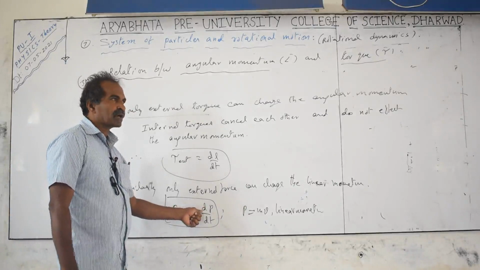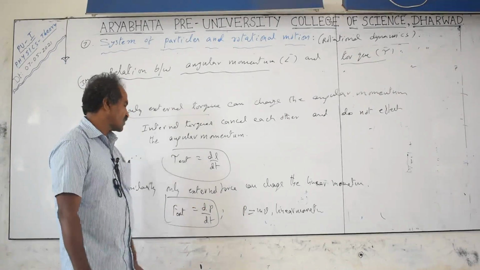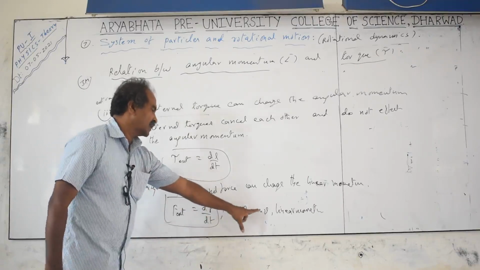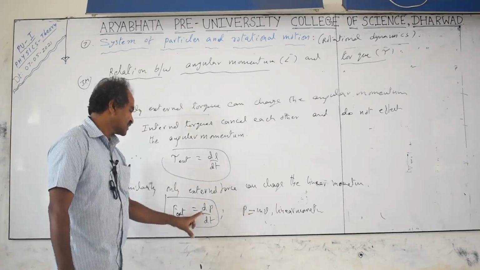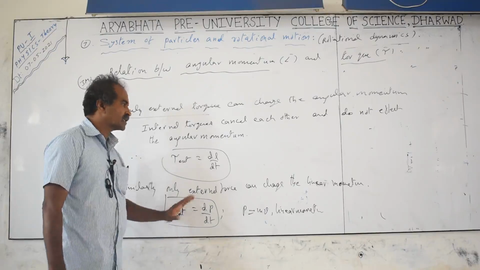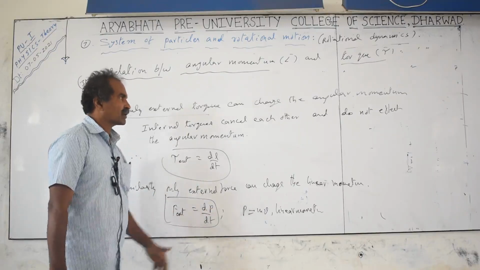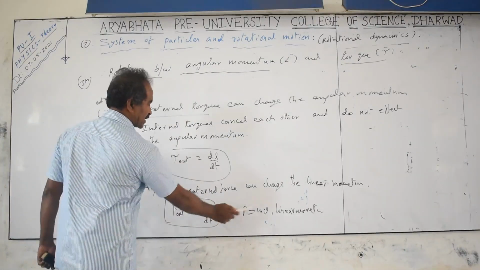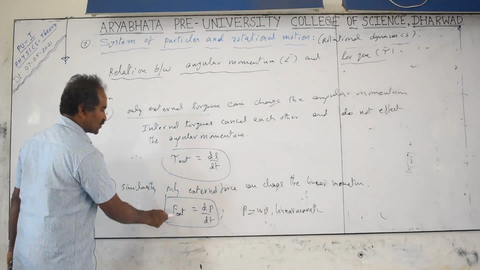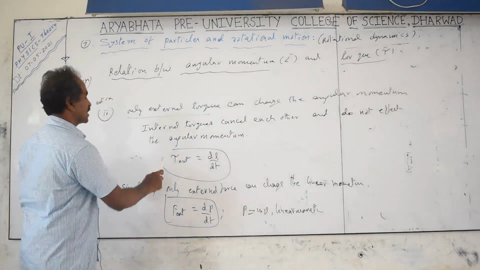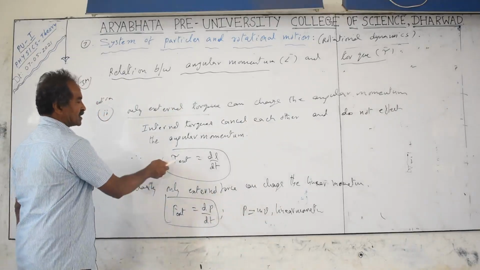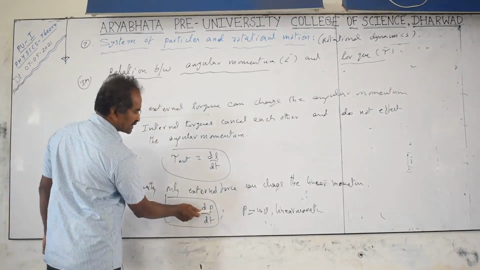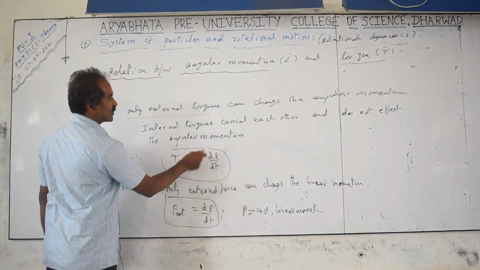This second law can be modified: p equals m into v. If mass is constant, dp by dt can be written as m into dv by dt, and dv by dt is acceleration, so m into a. So external force equal to ma is one form. If the mass is also changing, then the form can be different, but here we are taking it in terms of dp only. If you want to change the momentum, whether the mass or velocity, force is required. Which force? External force, not internal force. Similarly, wherever the force is taken for translatory motion, replace it with torque for rotatory motion. Wherever the momentum is there for translatory motion, replace it with angular momentum for rotatory motion.